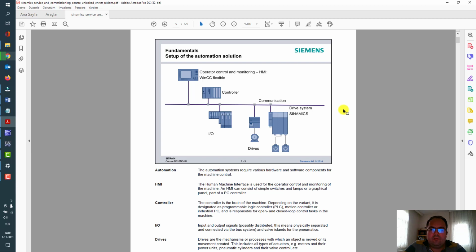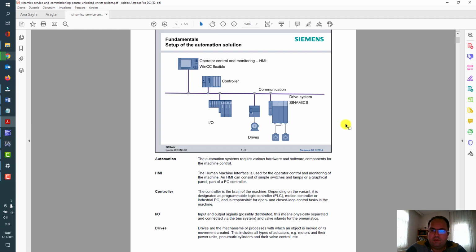In this example picture, you will see the setup of the automation solution. Here there is an HMI for the operator to control and monitor the system, and a controller, Step 7, 300, 1500, whatever.